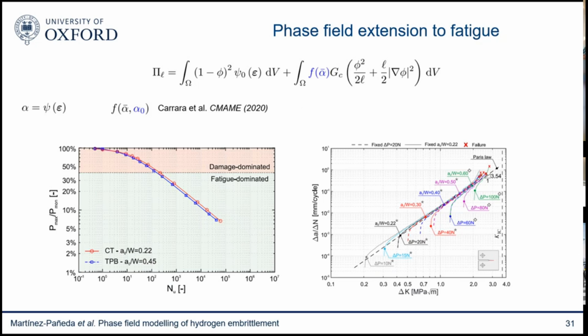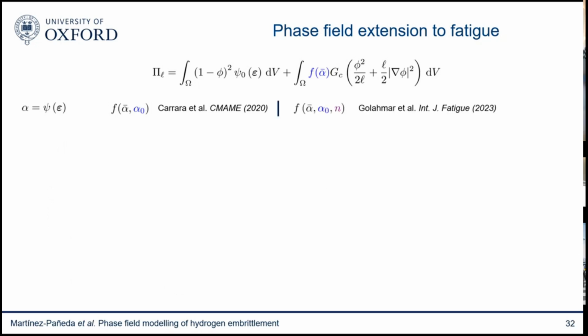But I had a PhD student working on this, Alireza Golahmar, who was funded by Vattenfall, so he was an industrially funded PhD student. And therefore, he always had this kind of industrial mindset of trying to replicate experiments, making sure that we don't stay in our academic ivory tower. So he realized that when he used this model, he was not able to capture the experiment very well. So he added a bit more flexibility to the model, and he added this additional coefficient to the model,